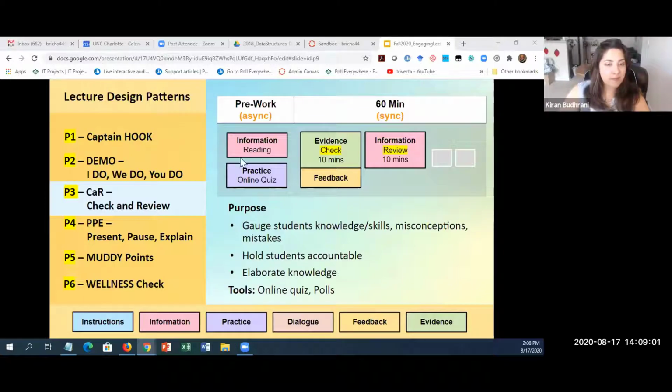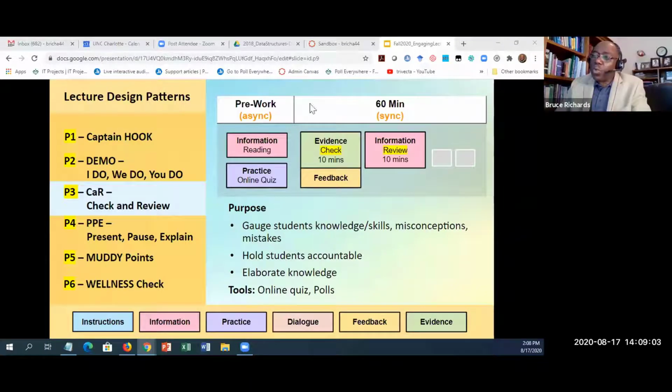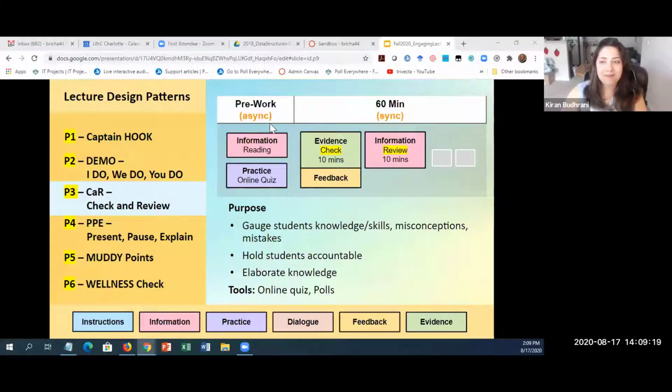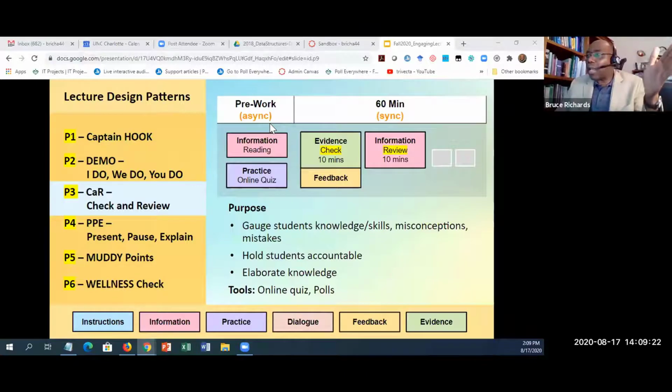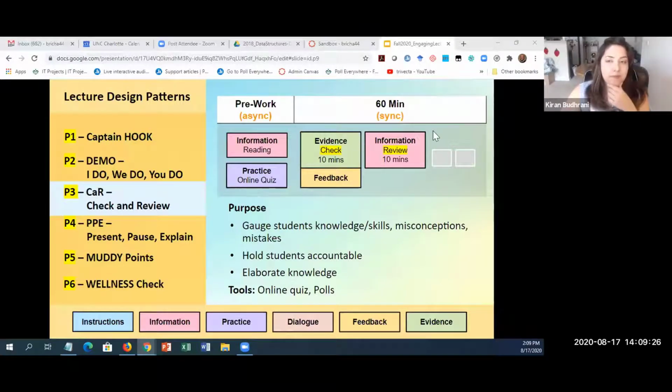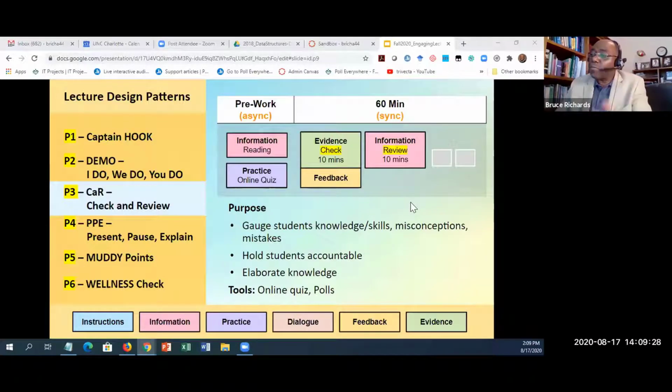So check would be the pre-work. And then as I build the evidence, I'm building it so that we can review based on what they should have known and based on the evidence that I've given them. Look, 10 minutes, 10 minutes. This could have taken 30 minutes, but I use that pre-work to take that time outside. So now I have time to do other things plus building on their foundational knowledge.